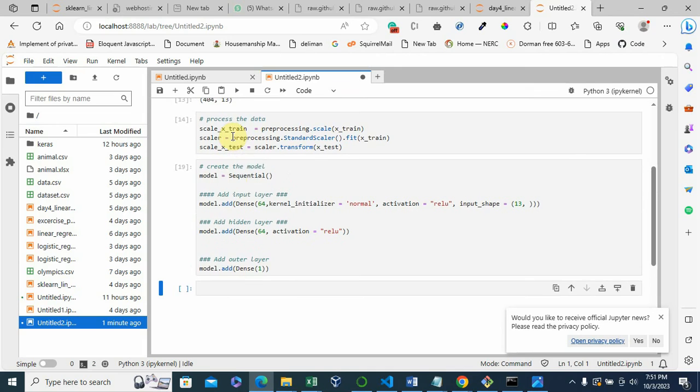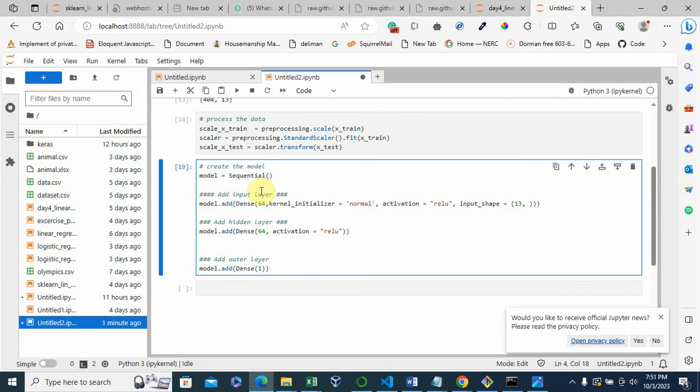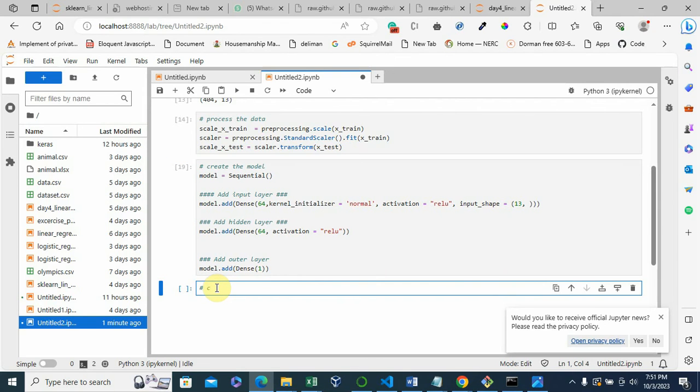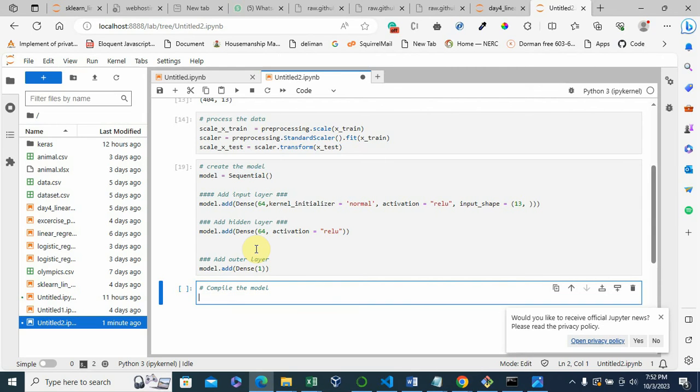So this model, well, we have not compiled the model. The next thing we're going to do is to compile our model. You have built the model, but it needs to be compiled. To compile the model now, we're just going to be using model.compile, which has a number of arguments.